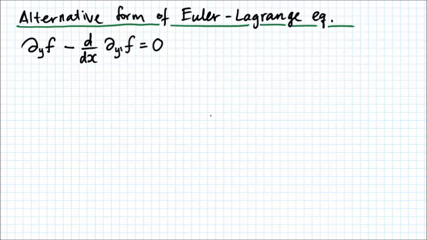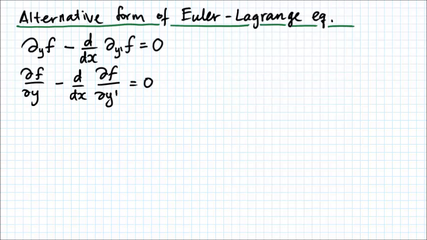Alternative form of Euler-Lagrange equation. Our main result so far is the Euler-Lagrange equation that we wrote in the following form. Or in the usual notation, we can write it as partial derivative of f with respect to y minus full derivative with respect to x of partial derivative of f with respect to y prime equals 0. We solve this for an unknown function y, solve for y of x,